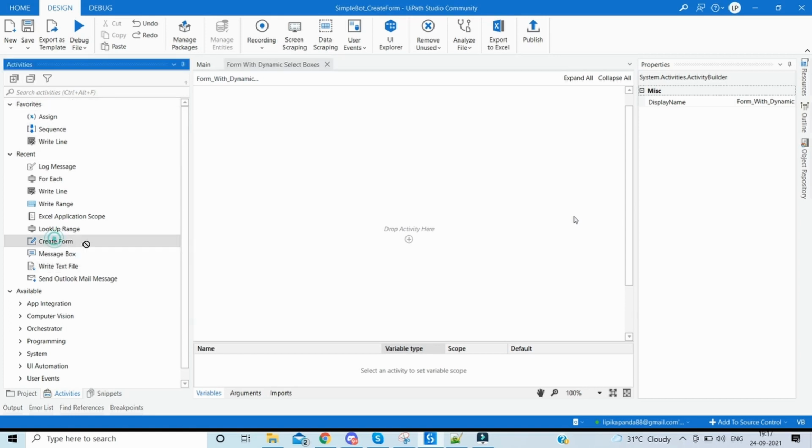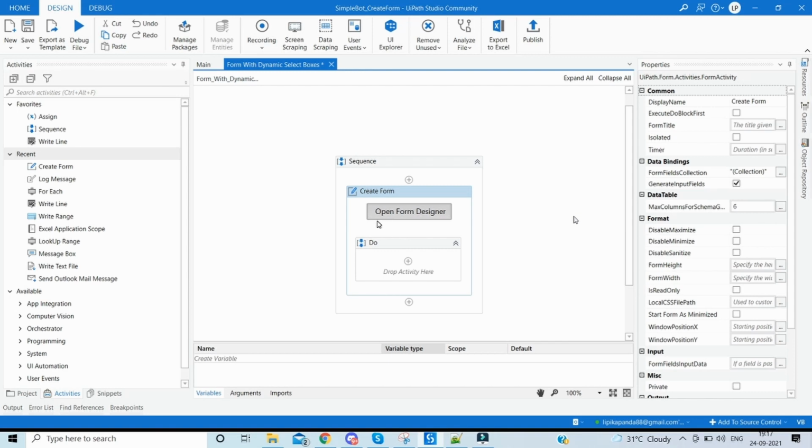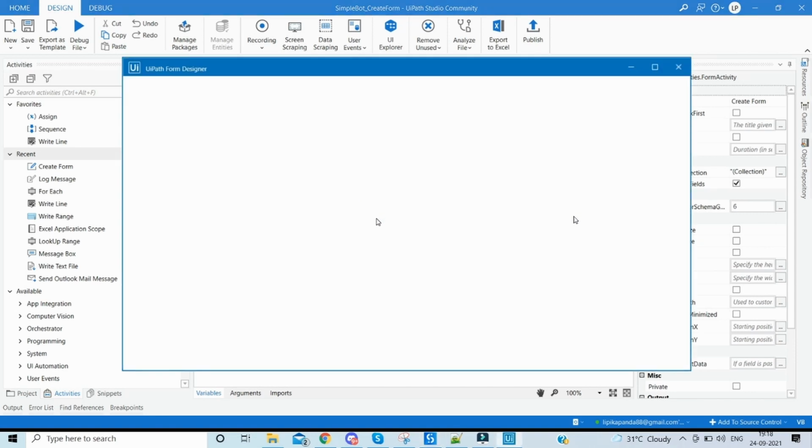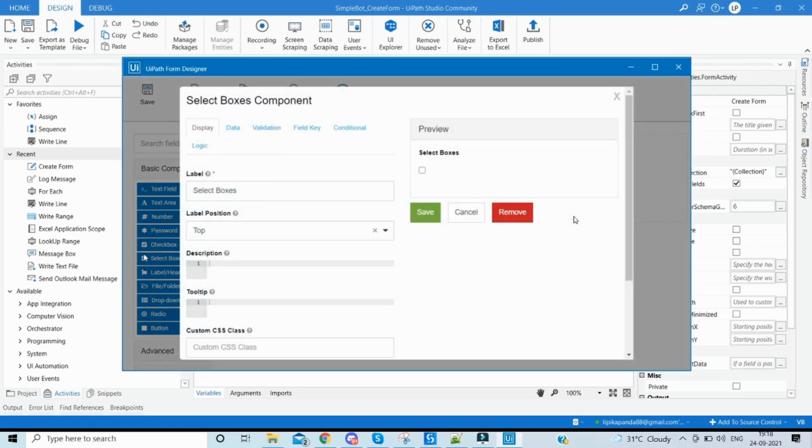So let's drag the create form activity, and over here we'll open the form designer. As we want to have multiple checkboxes, remember that we should drag the select boxes and not the check boxes. So we have to drag the select boxes component into this area, and the label shows select boxes. So we will write a message like select multiple options,